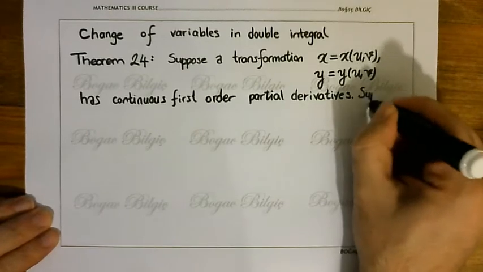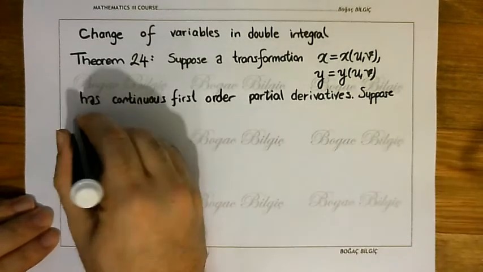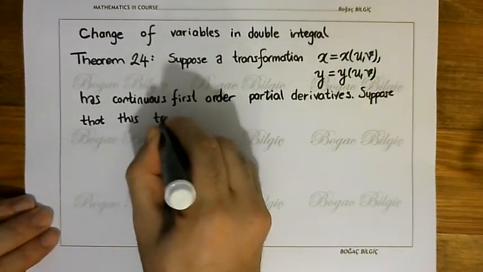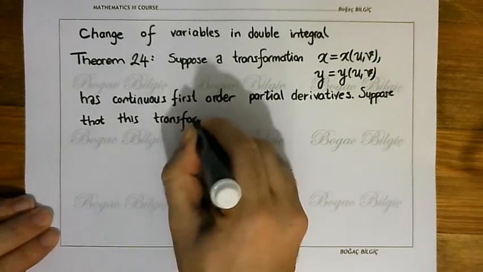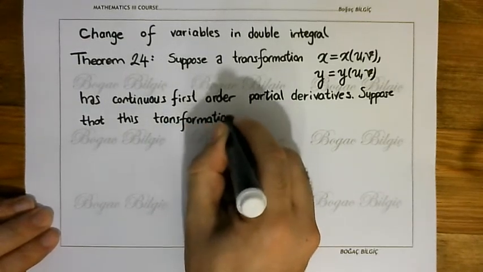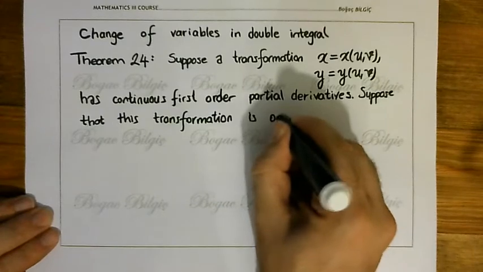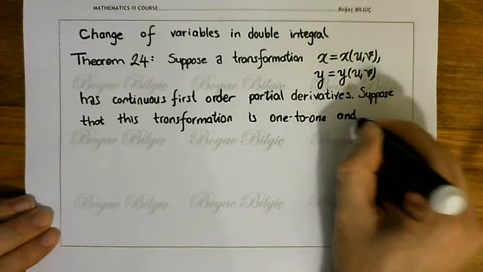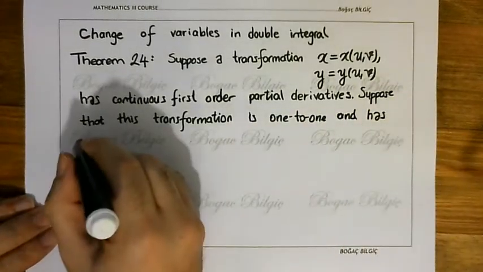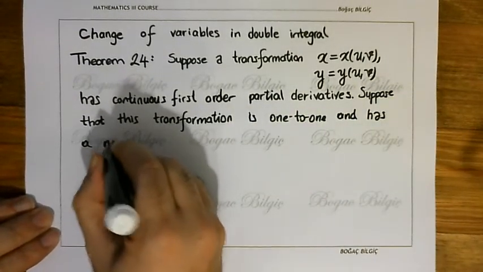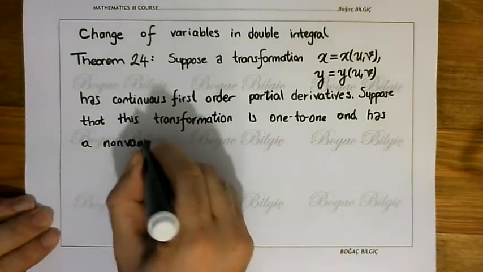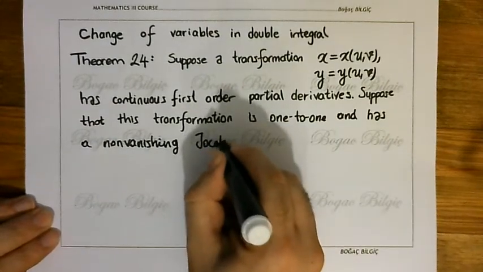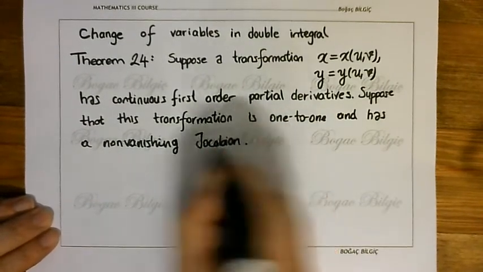Suppose that this transformation is one-to-one and has a non-vanishing Jacobian. Then